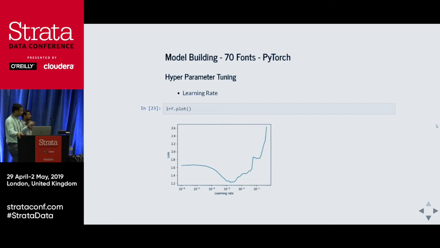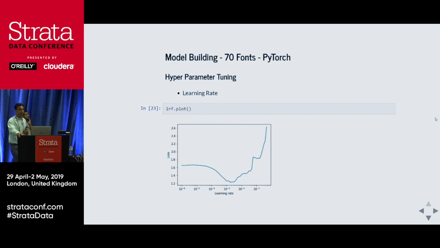And this is operating between 0 and 1. The plot here is quite interesting because on the y-axis you have the loss, and on the x-axis you have different learning rates. For the different learning rates that we are using, there's not much of a difference between 10 raised to the power of minus 6 and 10 raised to the power of minus 4. When we run with these, the loss slowly starts to reduce, and we realize that at 10 raised to the power of minus 3, our loss is really reducing.